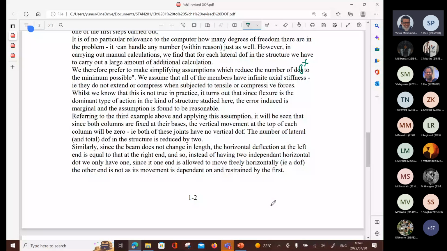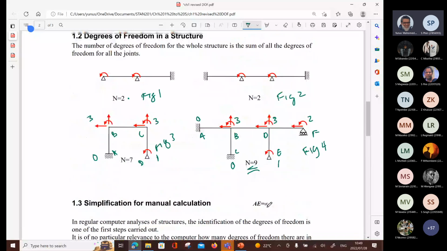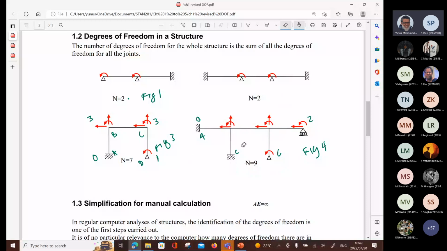Referring to the third example above and applying this assumption, it will be seen that since both columns are fixed at their bases, so let's go back to this one. Let me just get rid of all the stuff we scribbled on. Okay, so what I'm saying to you is we're going to this third sketch, and on the third sketch, can we make something simpler by assumption? In other words,